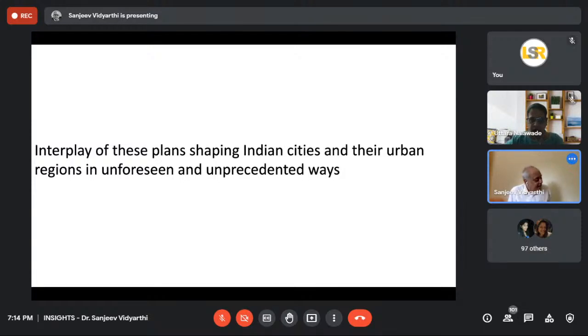For example, a good example of this would be when they were trying to set up the Nano Tata car plant in Bengal, and the informal plan impeded the state plans, and people got organized and said, no, we don't want it in Nandigram, and they eventually had to take the car plant to someplace else, right? So can we say this plan is more important than the other one? I am not so sure.